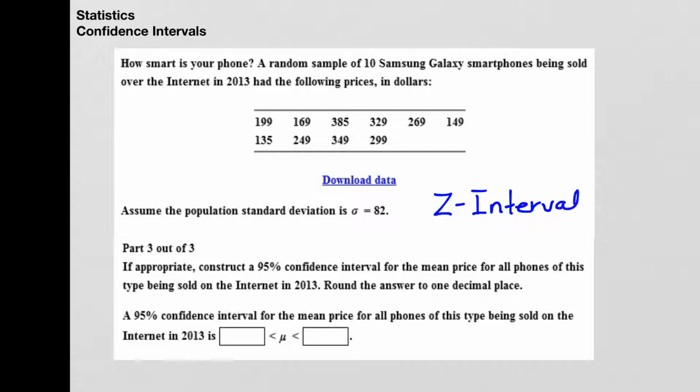The way I tell the difference between z interval and t interval is whether I know sigma. If it just says the words standard deviation, but it doesn't say population standard deviation, you can't assume that we're talking about sigma. In this case, they give you the symbol for sigma, so we know that this is z interval. And that's what we use when we know the population standard deviation. All right, so